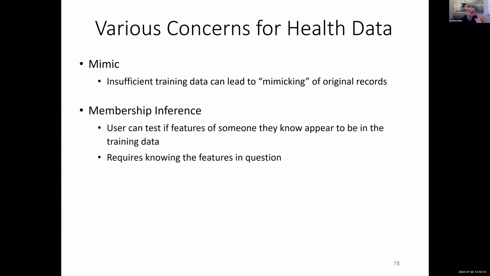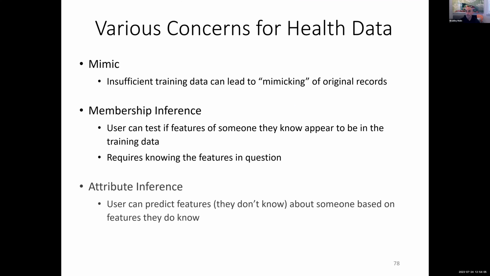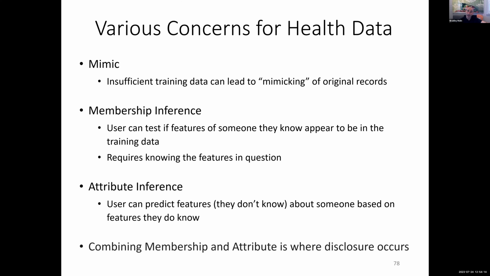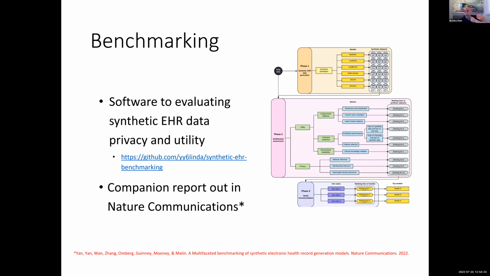And then you have different types of inference attacks, where one is what's called a membership inference attack, where if you know some information about somebody of interest, you can then probe the system to determine if they were in the underlying training data set. You could then say, what's the chance that I could predict something new about this individual given what I knew about them to run the attack? And it's this combination of membership and attribute inference where you get worried, where you say, okay, well, now I can prove somebody's in your underlying data set and I've learned something new.